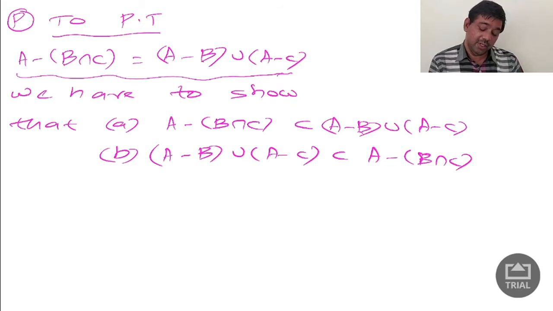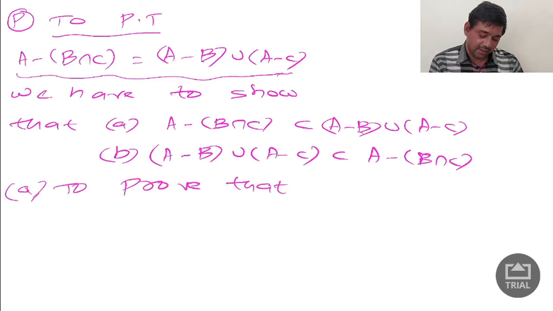If you prove these two, then by the fundamental theorem of the elementary set proof method, from that method we get this answer. Okay, now first of all, to prove the first one, if you write like these steps, you will get clarity, guys. So I'm putting all the steps here.